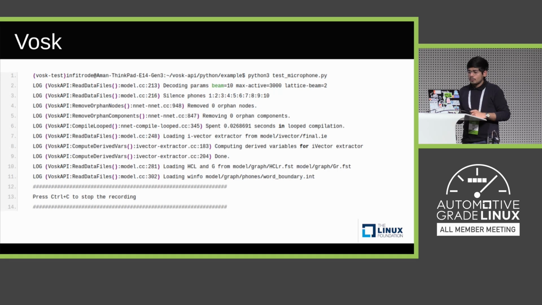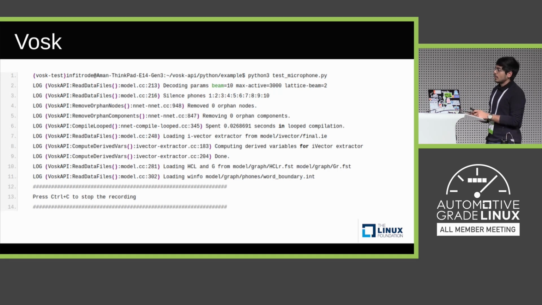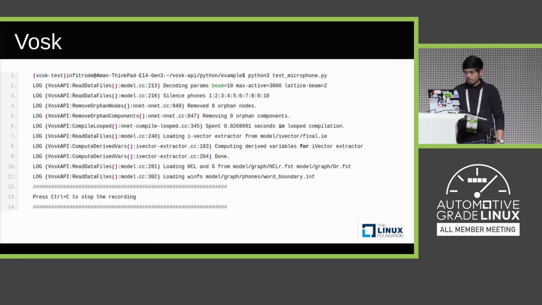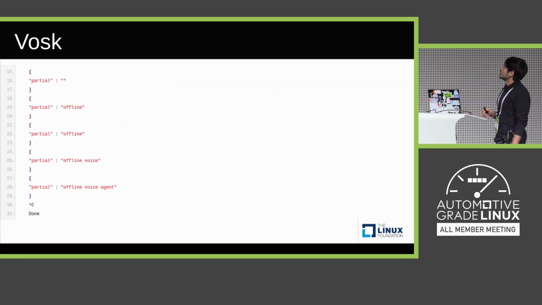Now coming to the actual tool that we have used. So this is Vosk. It's an example which is Python based. It's again present on the GitHub repo. So it's a simple, standard script which they provide. You can run it, and since the logging was enabled, there are some things that for now we can choose to ignore. And yeah, this is the output in real time.